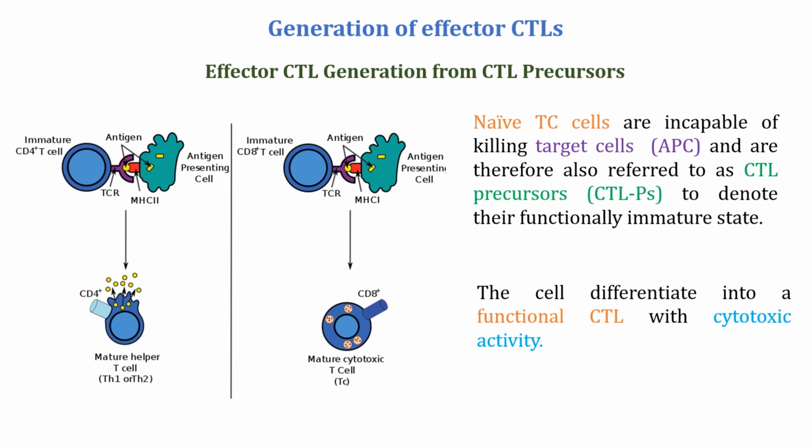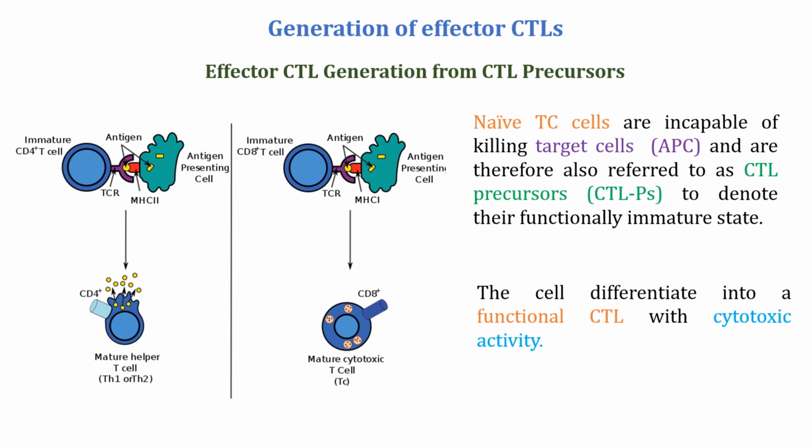So in this picture, first, this is the immature CD4 plus T cell, and here is the immature CD8 plus T cell. You can also say the naive T cells, TC cells. Now this is the antigen presenting cell, and this is the T cell receptor. Here it is also a T cell receptor. MHC class 2 and MHC class 1, MHC class 2 with the antigen, MHC class 1 with the antigen. Once they bind, they are activated and they differentiate